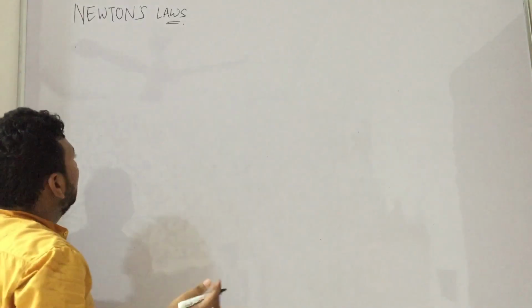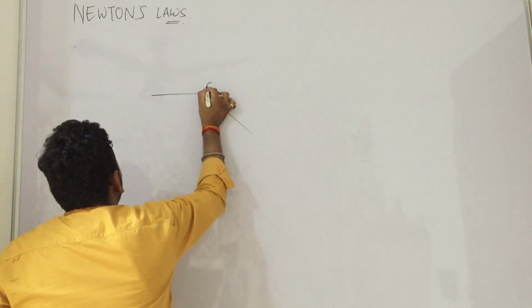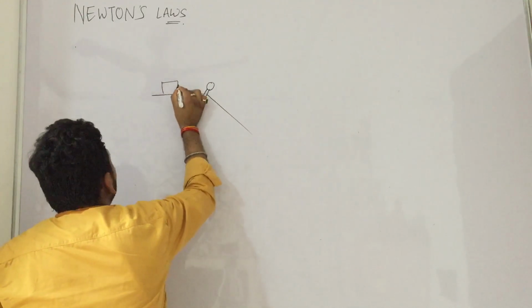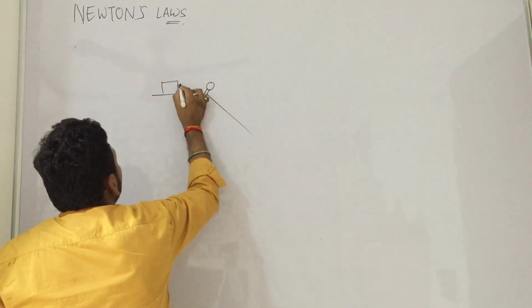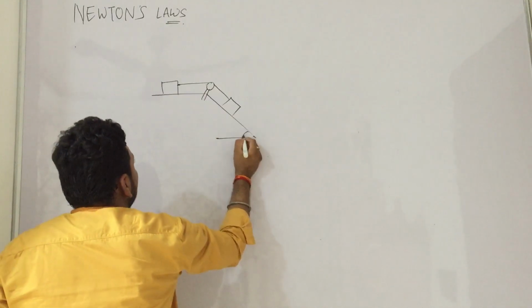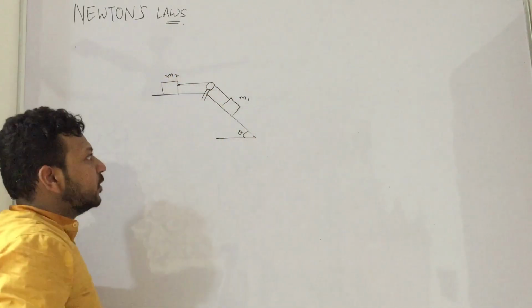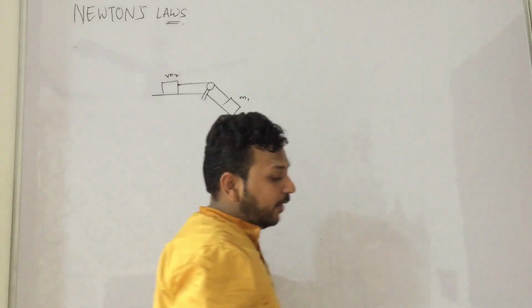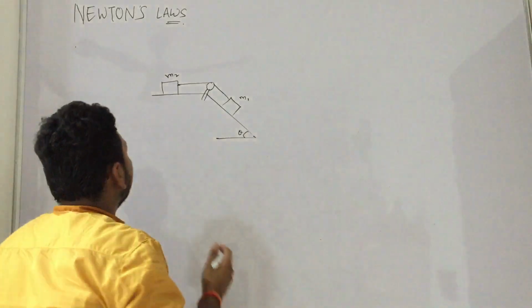Let us take another example. In Newton's laws, the most important thing is making the FBD and then making equations. If you are very good at that, you will find the chapter very easy. Suppose this is M1, this is M2, and there is no friction, no opposition. We have to make the FBD and the equations. So how do you do it?